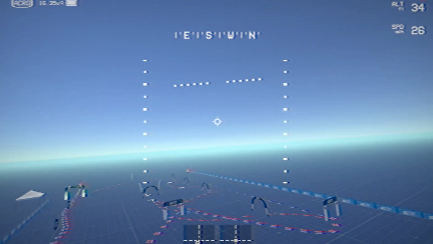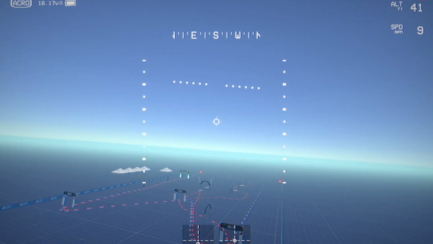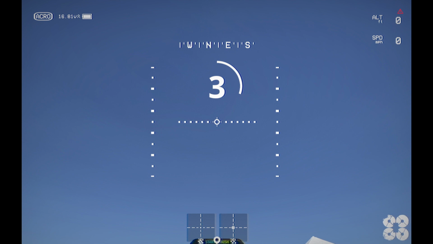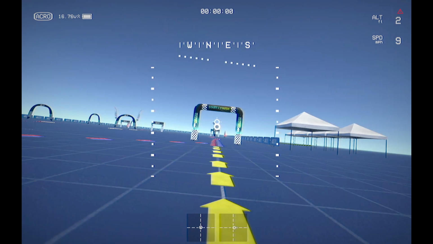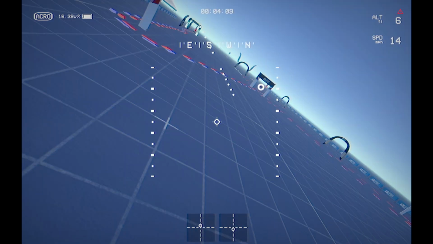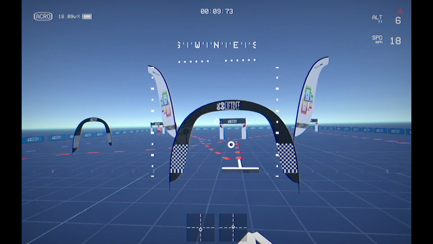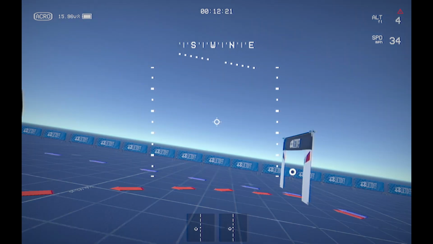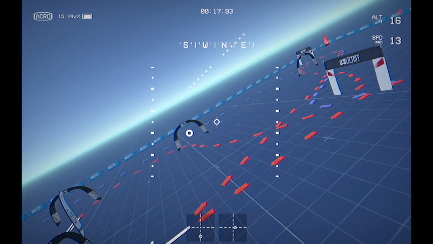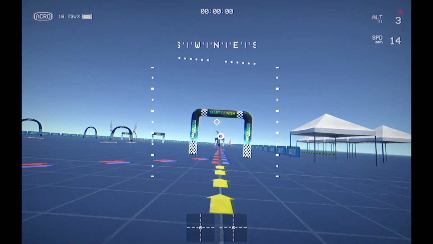So this is the drawing board. As you can see, it's just the checkered pattern. What I did is I have the starting gate as the yellow path, and then for the first part I got a blue and red path, and that's for the beginner and advanced. After the second gate, it splits off. The blue follows, goes down to the third gate, down the long stretch to the next to last gate, and then back through.